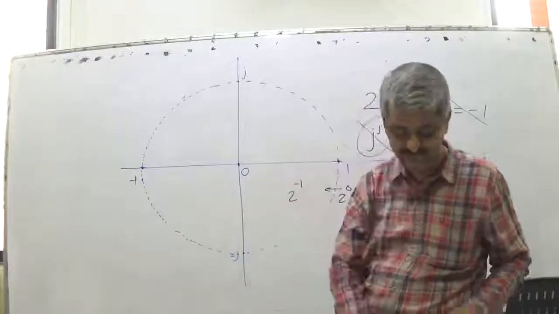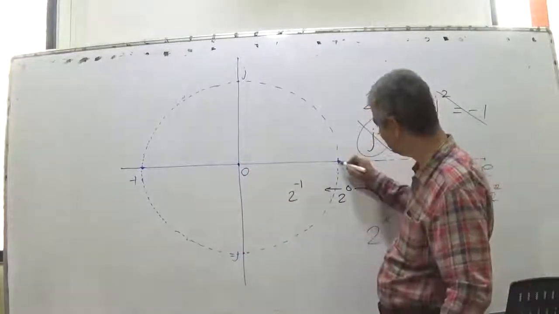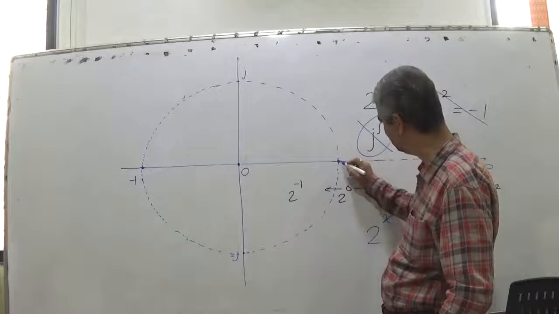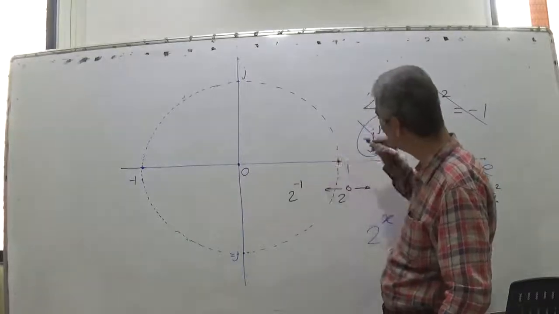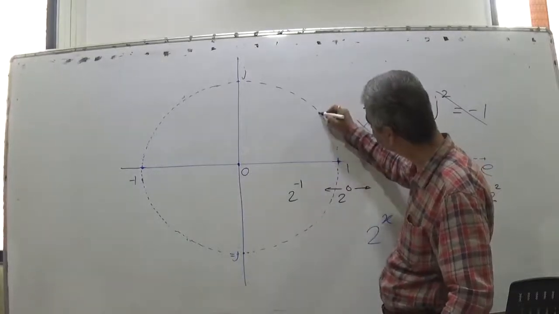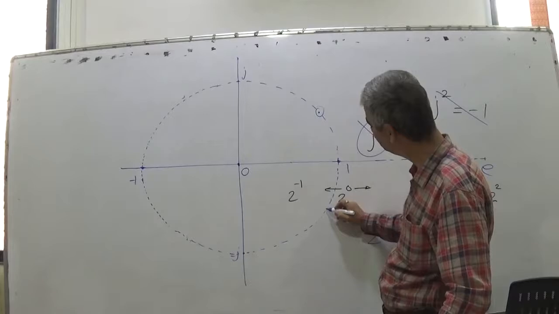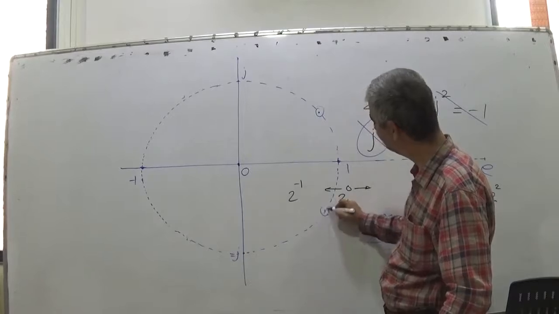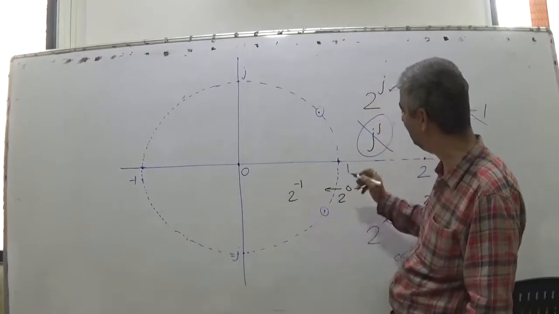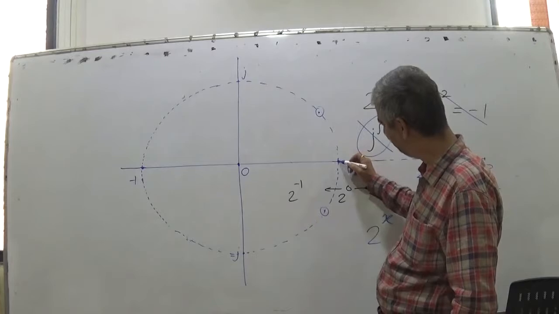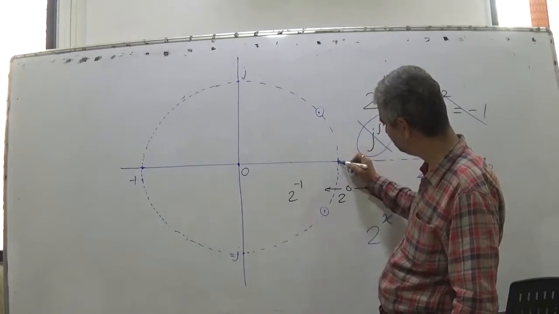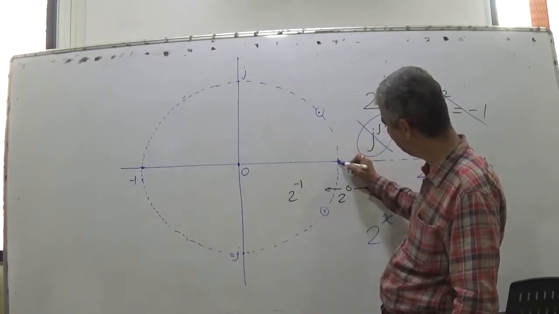So if 2 raised to 0 is this, 2 raised to 1 is this, 2 raised to -1 is this, 2 raised to j is somewhere here, 2 raised to -j is somewhere here. So raising by j is, when you don't raise, 2 raised to 0, anything raised to 0 is 1. When you raise